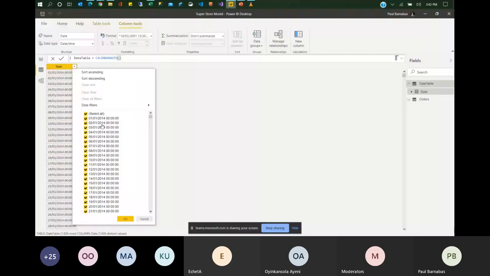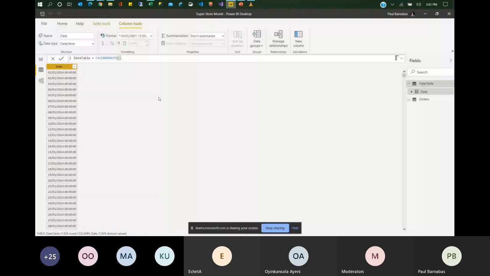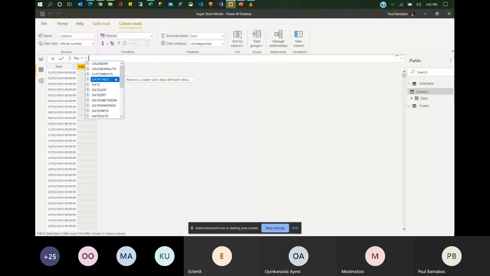So based on this new column I just created, I can decide I want to create a new column and call this day, and use the day function to extract the day from that date.